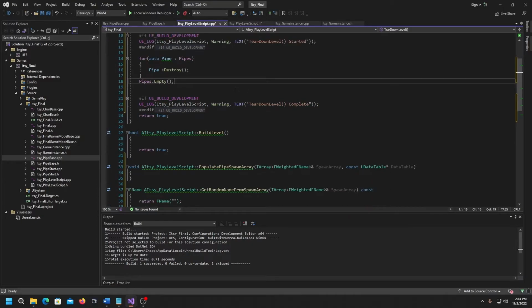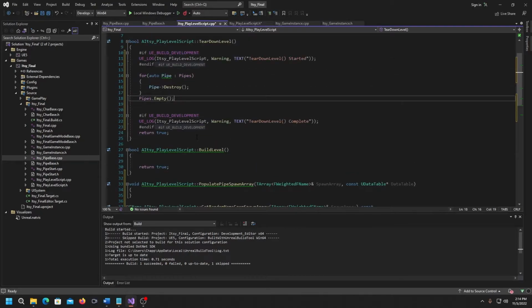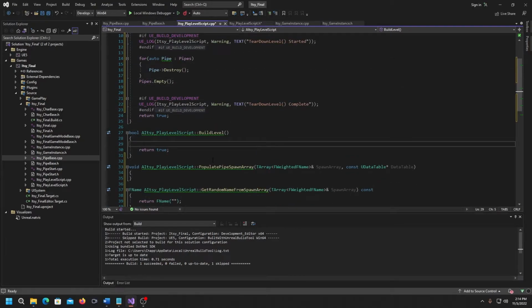The next thing we're going to do is scroll down to our build level, and we're going to get started on the build level. And then we're going to circle back and make these other functions work. So we'll probably call them before we make them work. Okay, so in the build level,